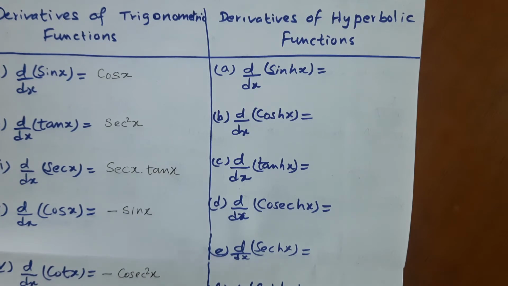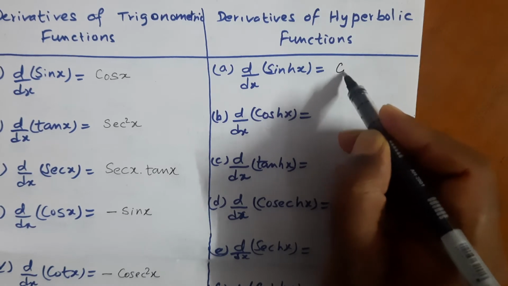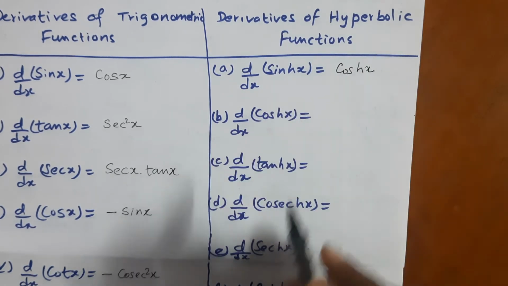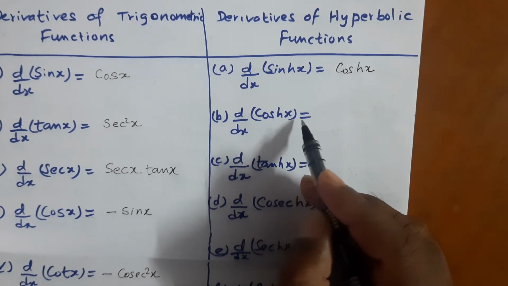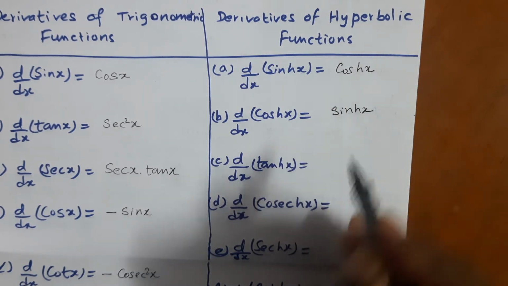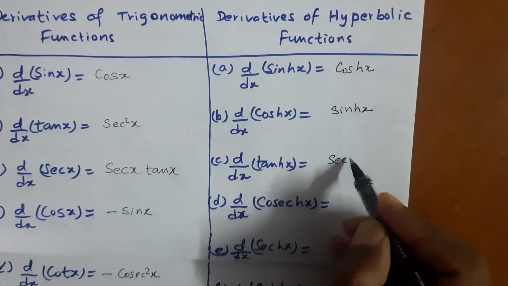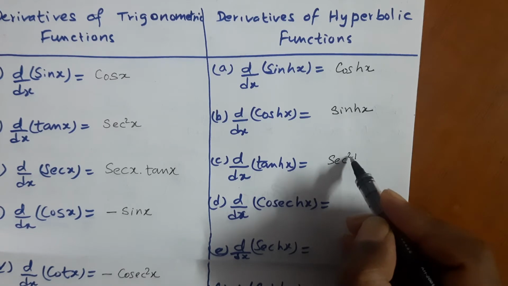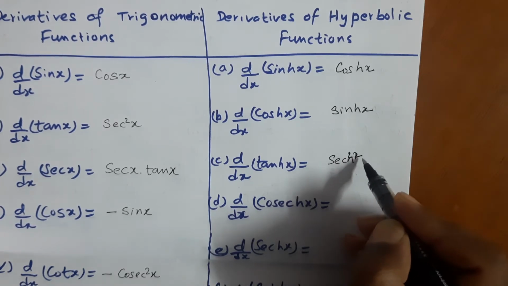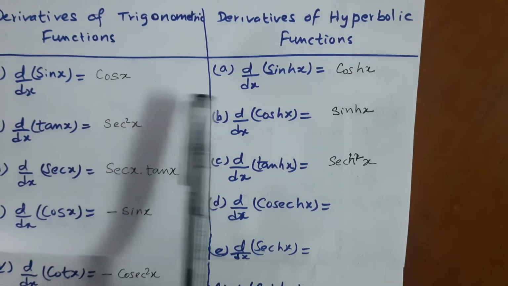Okay, and here the derivative of sine hyperbolic x is cos hyperbolic x, and the derivative of cos hyperbolic x is also not negative. This is sine hyperbolic x. The derivative of tan hyperbolic x is sec hyperbolic square x. Okay, and you see here the sine derivative is cos x and the sine hyperbolic x derivative is